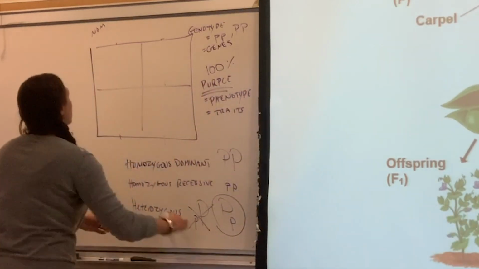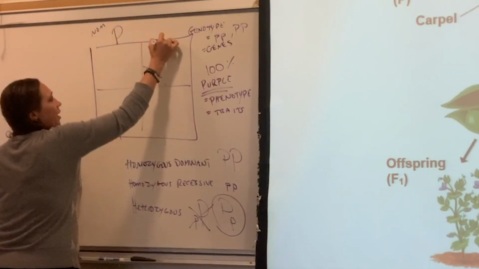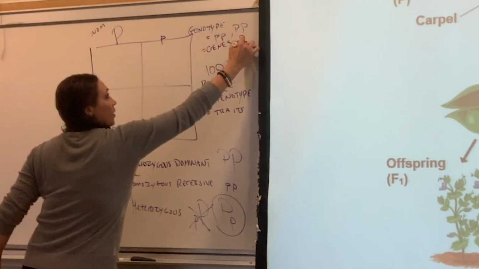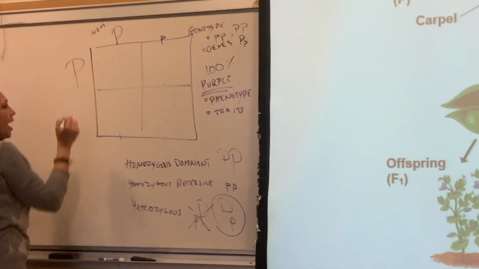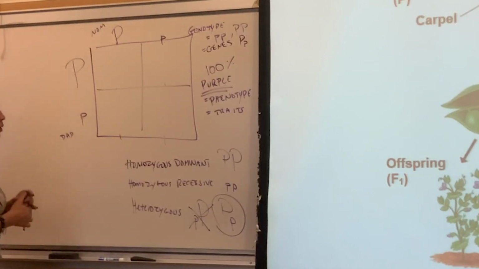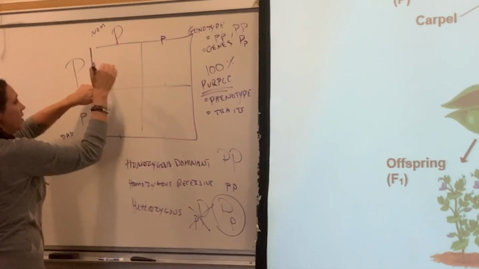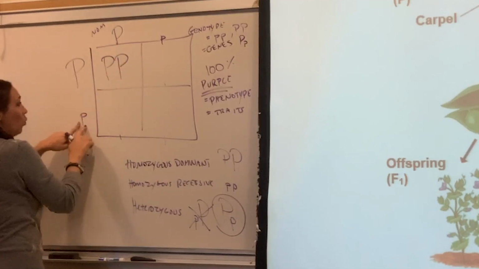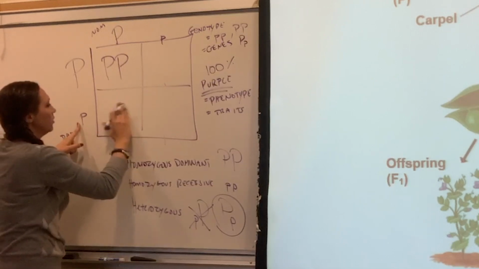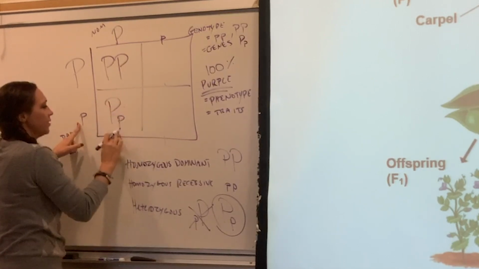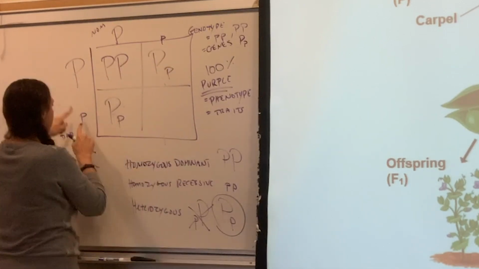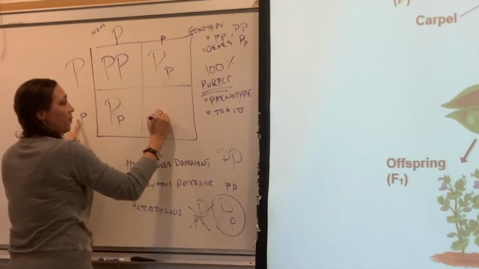So what we're doing now is we're crossing a capital P and a lowercase p, right? Remember the heterozygote genotype. Okay, and again, Dad also had a capital P, lowercase p, because everyone did. Everybody was heterozygote. So now in this case, when we cross, we have capital P goes here, capital P. We have lowercase p and a capital P. Remember, we do not write it like this. That's wrong. We write capital letter first. Okay? We go across here, capital P, lowercase p, capital P, lowercase p, lowercase p, lowercase p.